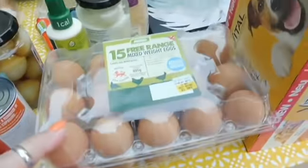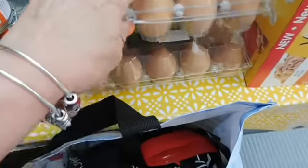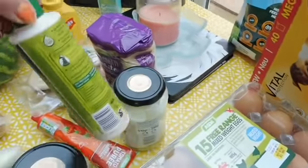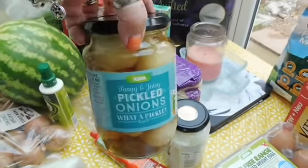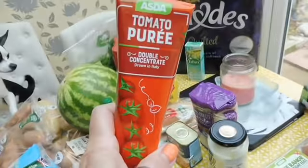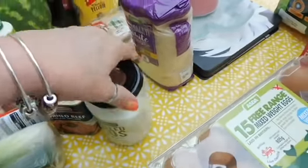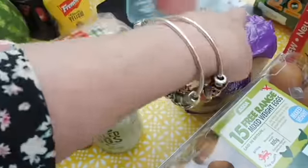2 cartons of eggs. There, 15 of the free-range mixed size eggs. Got 2 of those. Okay, let's move over here. Some Fry Light, a jar of pickled onions, some tomato puree, corned beef, pickled eggs, basmati rice,